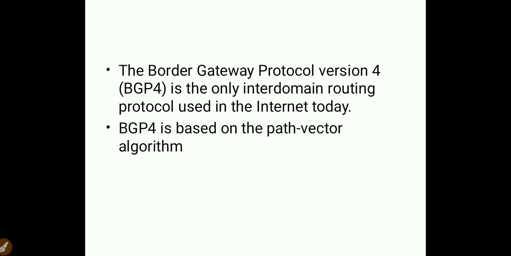So version 4 of BGP has two types. It is going to implement the inter-domain protocol by using path vector routing. So the path vector algorithm is utilized here. You will see there are two types inside BGP version 4, iBGP and eBGP, that we will discuss later in today's lecture.